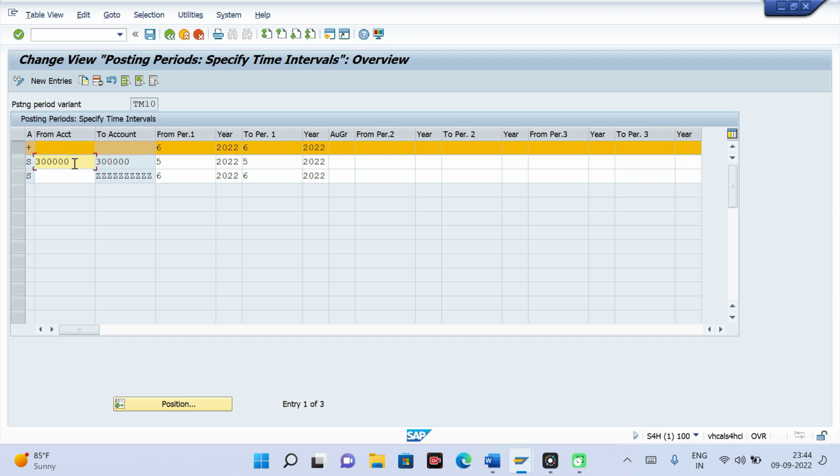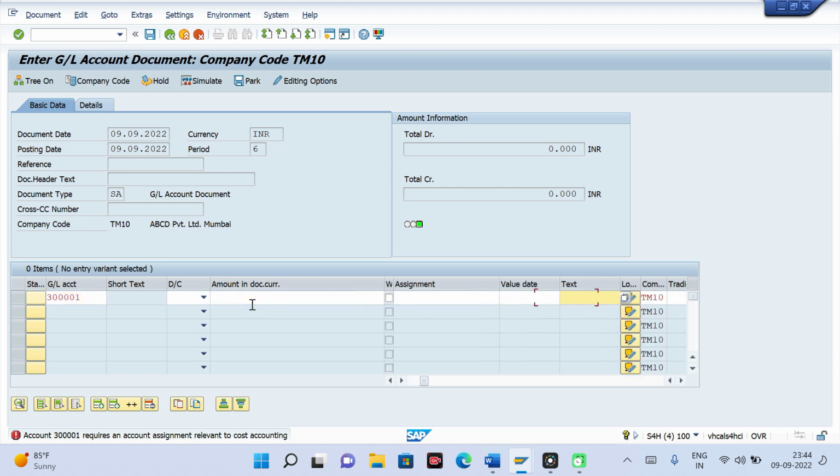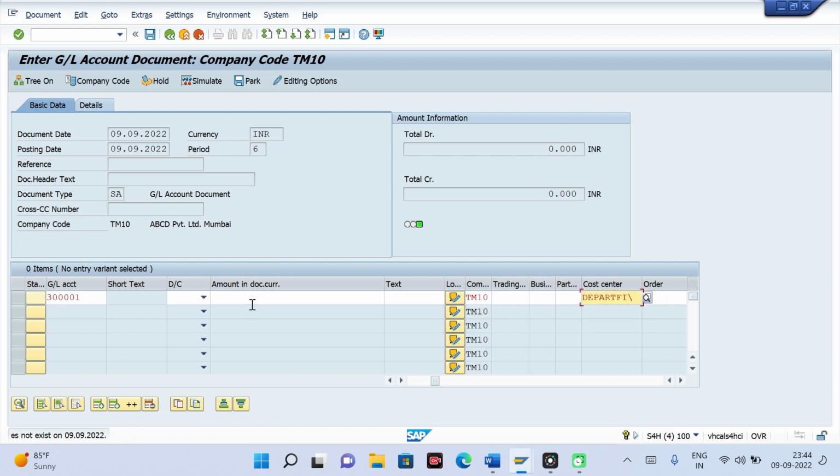If other than this 3 lakh, if I give any other GL, it will not throw an error, because for other GLs there is no specific posting period open or close maintained. For example, 3 lakh 1, if I give that, it is something different, it is not a GL error, it is asking for cost center, but the posting period error is gone.